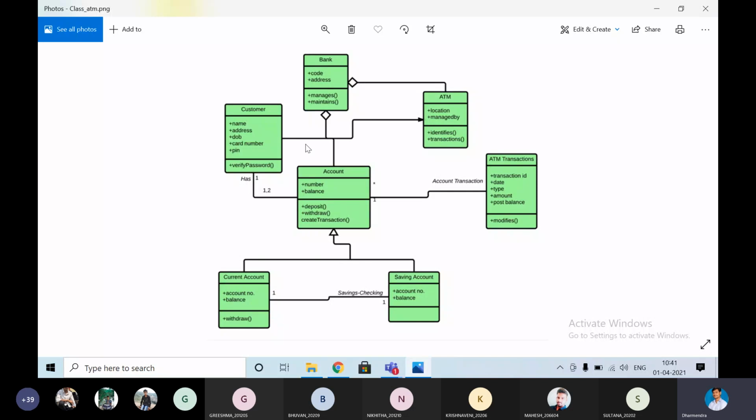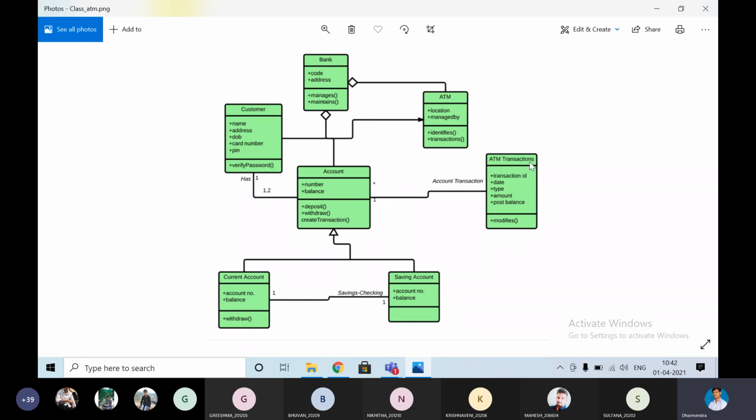Is it okay? Then customer and account. This customer will depend on the ATM. Actually, they have written it combinedly here. If you want to show the customer with ATM, there is a relationship: the customer is going to depend on that. That's what they kept. If you want to justify, you can say, sir, this relationship is not right, we can keep another relationship. Yeah, you can. Tell me.